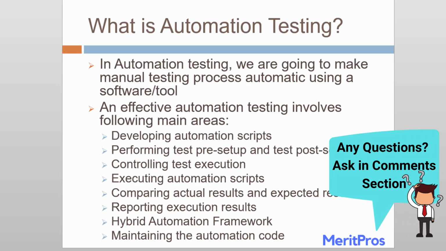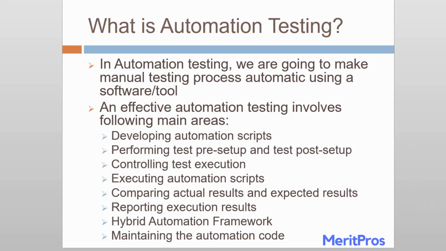Then to achieve all this, we need a hybrid automation framework, because all these components interact together very tightly, they are related together very tightly. So to do all those in a better way, we need a hybrid automation framework, and then we need to maintain that code as well. Whatever the framework, we need to maintain that code. It is going to be there for years and years. It is a long-term job. So for any UI changes or for any test case changes, we need to maintain the automation framework. So all these areas are really important.